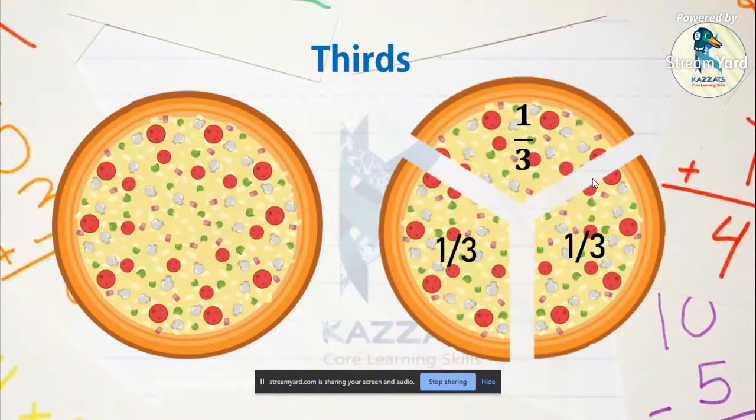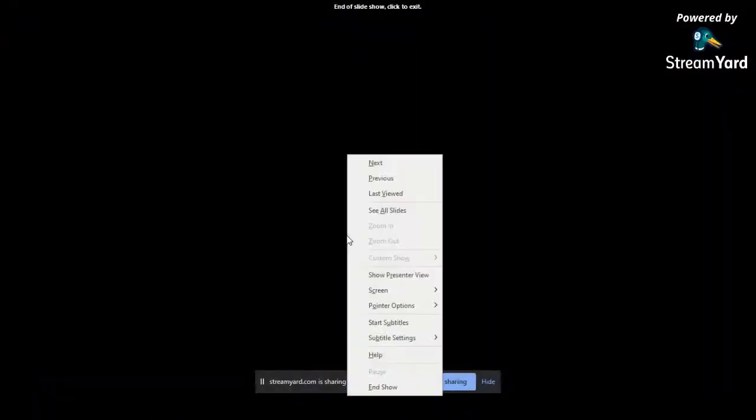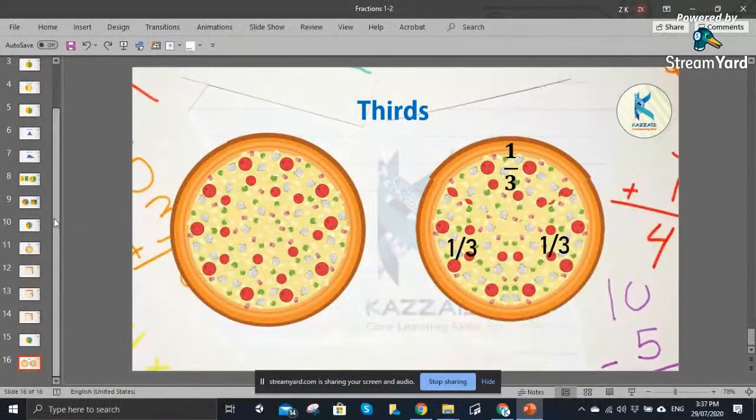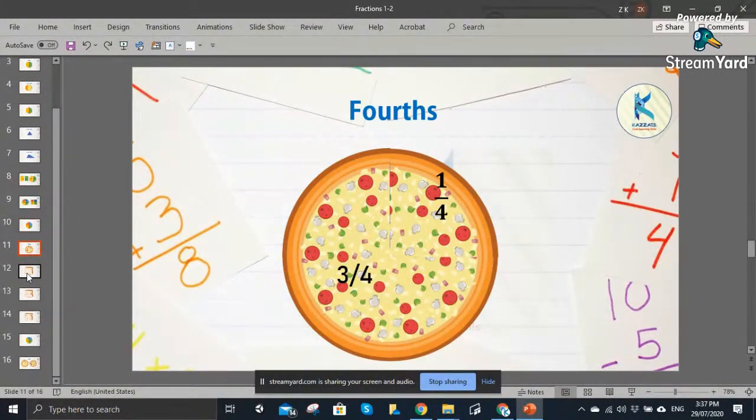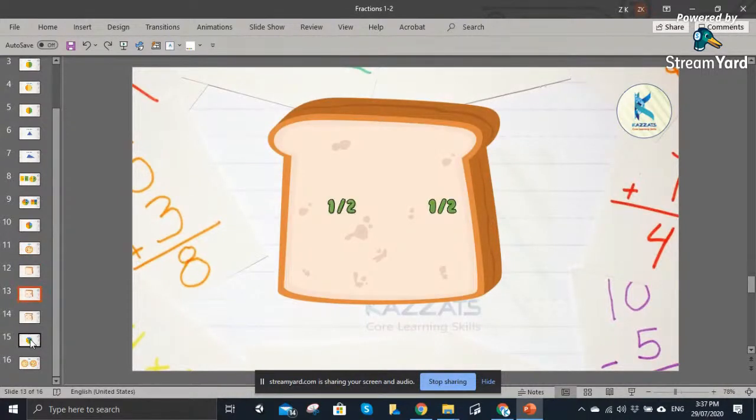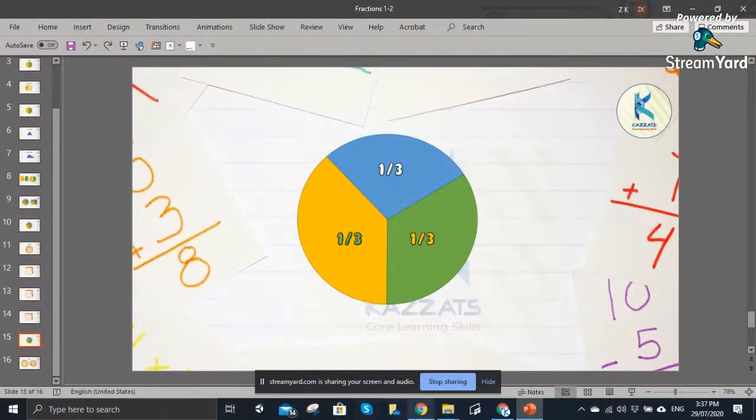But once you have done plenty of practice with 1 over 2, 1 over 4, 1 over 8, and the ones which are easier to do, then you can move on to this concept. So the equality concept is already clear to your students and you let them know that please assume that all these 3 parts are equal. Then you can move on to the next. I hope I made all the points clear about 1 over 2, 1 over 4, 1 over 3 and the rest. Let's come back to the